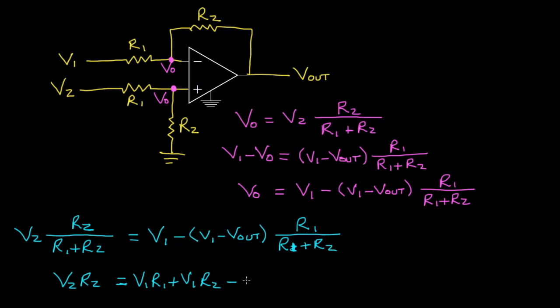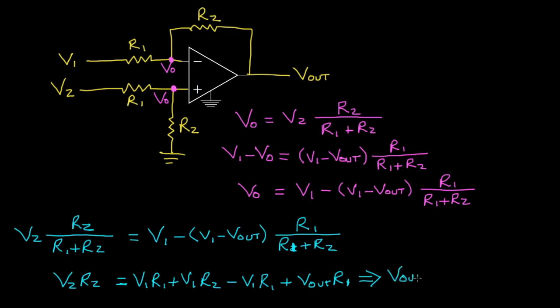And we've got a negative sign here, so this will be V1 times R1, and then a negative, that'll be a positive V out times R1. So now, if we take that equation and solve for V out, what we'll find is that